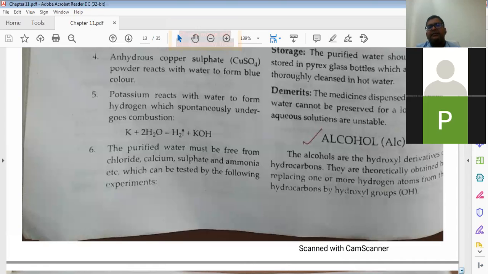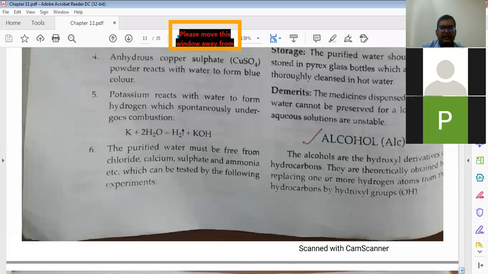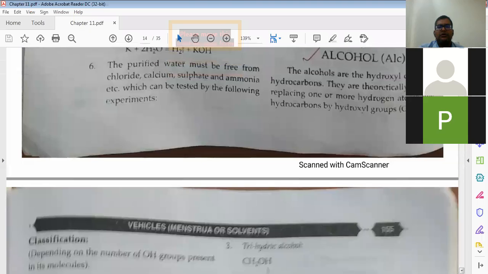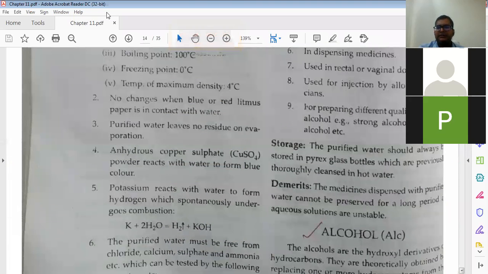Till now, what we have learned in the vehicle chapter, just go through it. Anything you are not understanding, please tell me. Otherwise there will be a pile-up for you every day, and later on it will be trouble for you. So go through the parts and chapters, and we will see next time; if you have any doubt, we can discuss. Mainly in alcohol we have to learn about ethyl alcohol, because ethyl alcohol is the only edible alcohol. The rest are not edible. So we just have to go through ethyl alcohol.